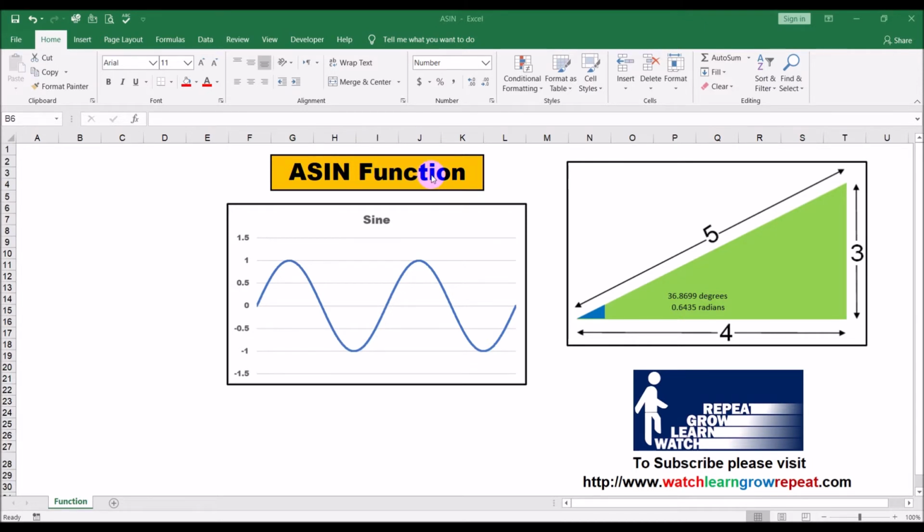Once again we'll be using this right angle triangle. It's a right angle triangle because one of the angles is a 90-degree angle. The base is 4 inches wide, the height is 3 inches, and the hypotenuse is 5 inches. The angle we are interested in is this angle here. The angle in degrees is 36.8699 degrees, or in radians